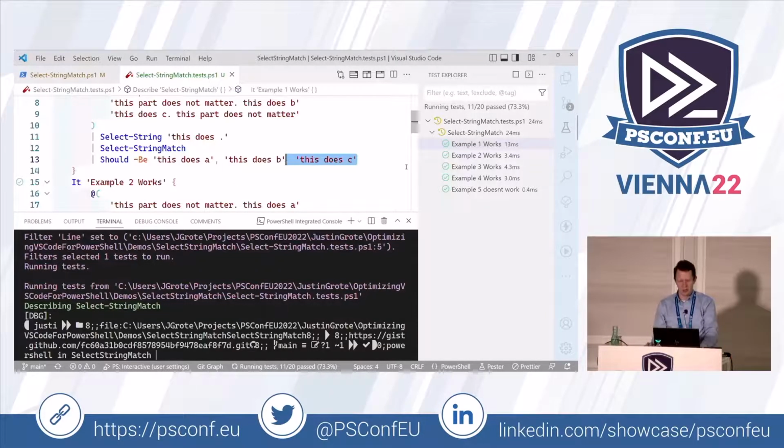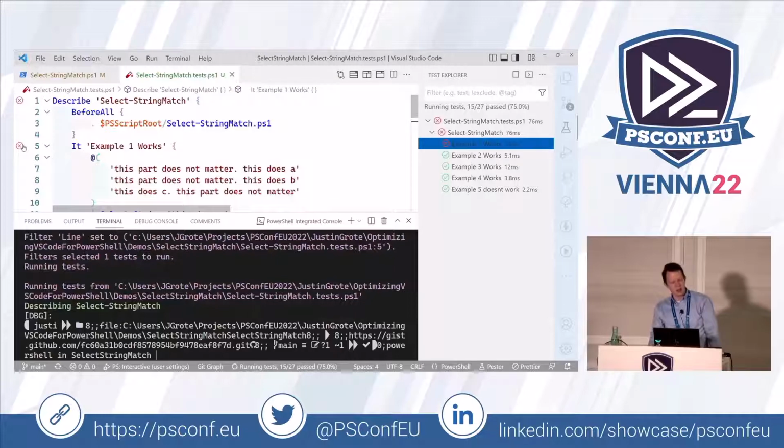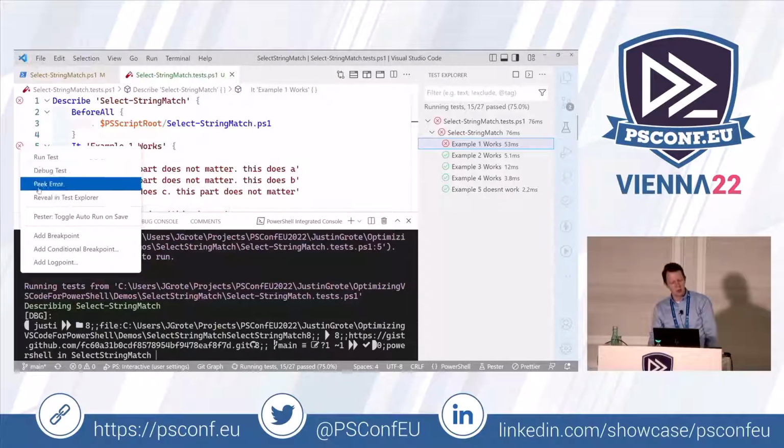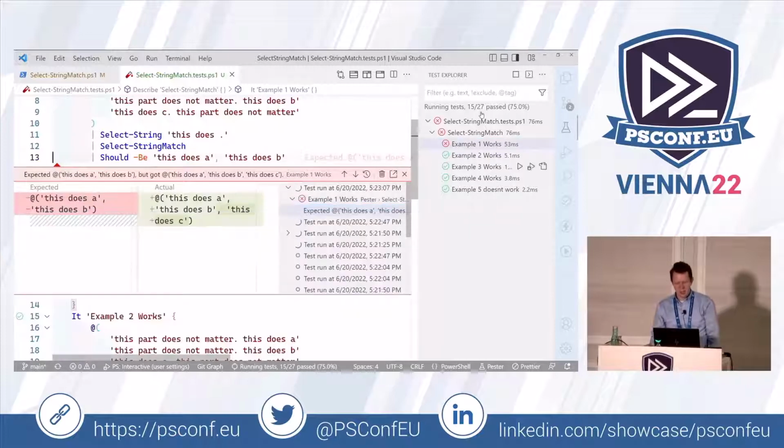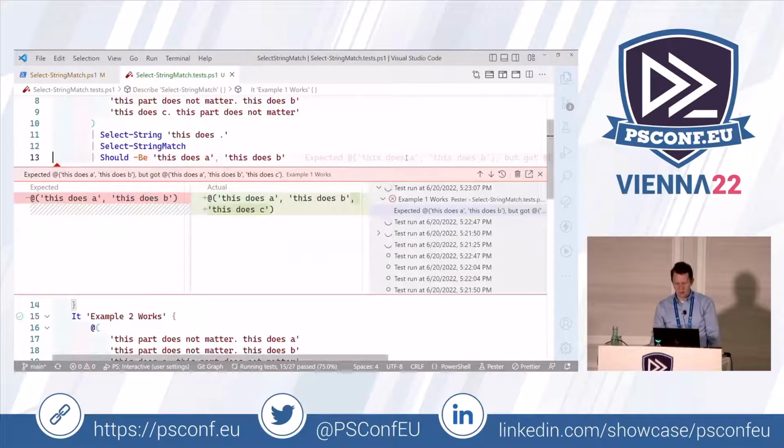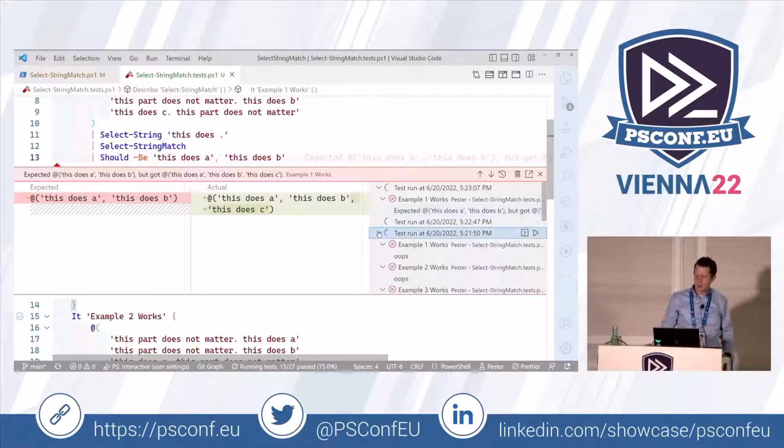So let's go ahead and change this test, save that, and oh, my test broke. Well, where did my test break? You'll see there's also little icons over here, so you can do all the run and debug over here. I can go peek error. Where did this fail? What you get is this really nice view that says, we expected this does A and this does B, but the script actually output this does A, this does B, this does C. So you can get a really quick view,